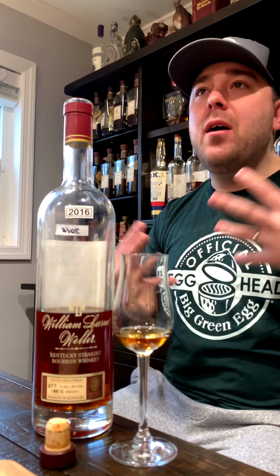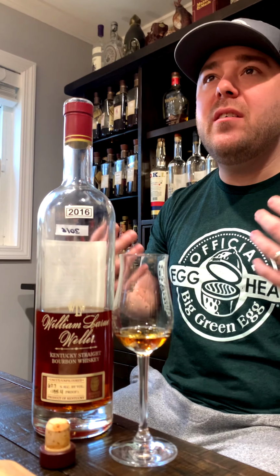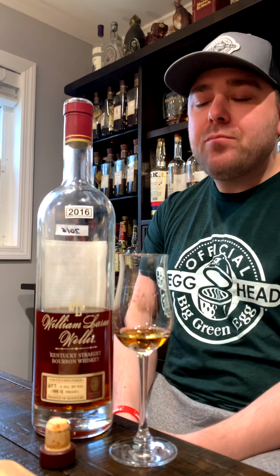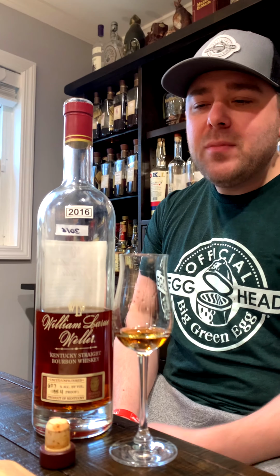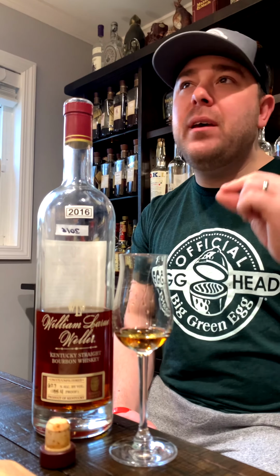It's got a nice mouthfeel. I wouldn't say it's a 10 out of 10 mouthfeel. Like, oh my God, super velvety. It's about a 5 on a mouthfeel. I want a 10. Got a lot of flavor, but that heat drives it. And there is a little bit of bitterness and